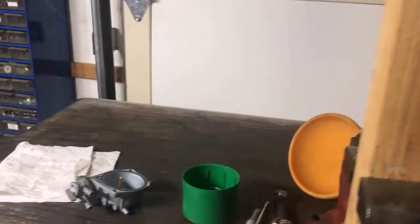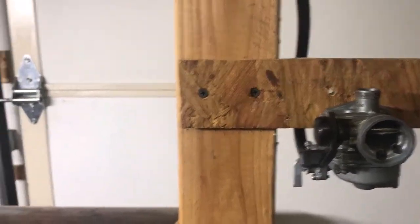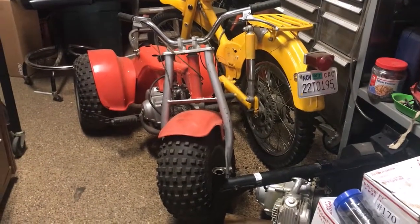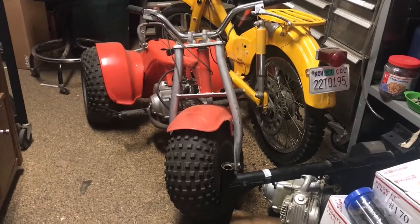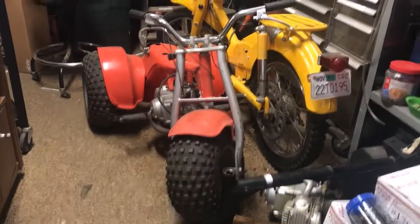I do have a couple other projects. I have to get those two 110s, do something with them, the ones I got, and I want to get that 200 running. And then I have a 1973 ATC70 that I was working on quite a while ago. Actually, it runs fine. I have all the parts for it finally. It has an oil leak. I got to fix that, and then I can work on the